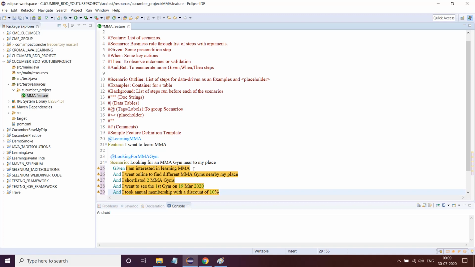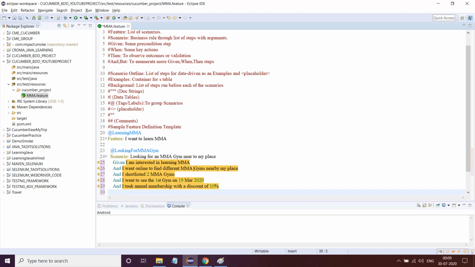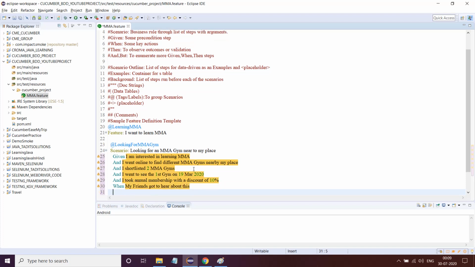Then we can write when, I'll use when now, when my friends got to hear about this, then I will use then again, then three of them decided to join. But now I will use but.